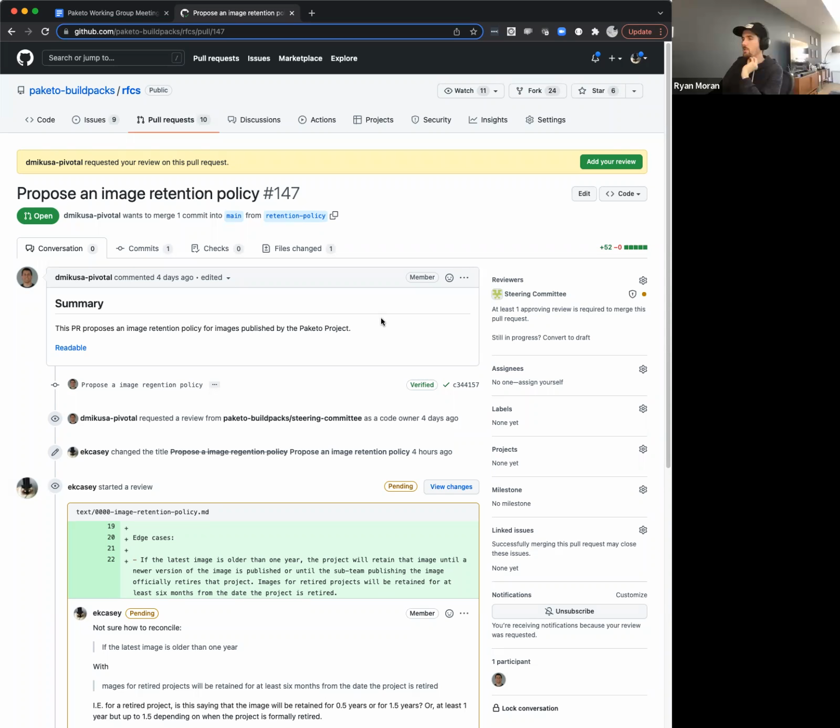I think the original conversation that kicked off this whole RFC was that we were trying to close the loop on the Docker Hub transition. The issue we have is that we have images that exist on GCR that don't exist on Docker Hub.